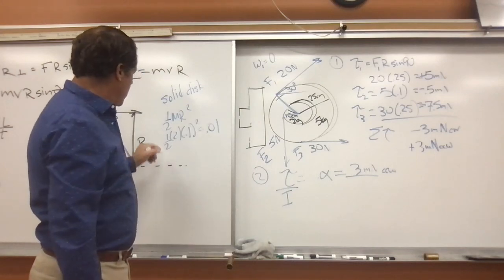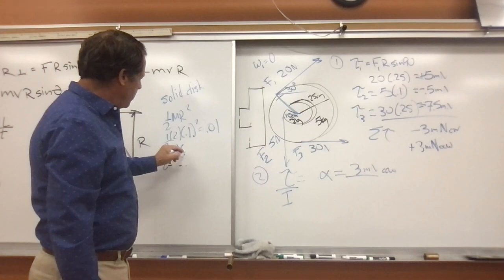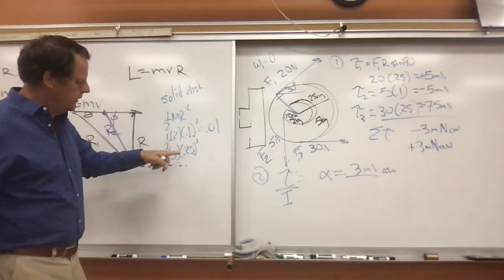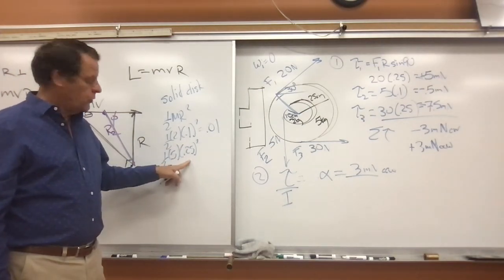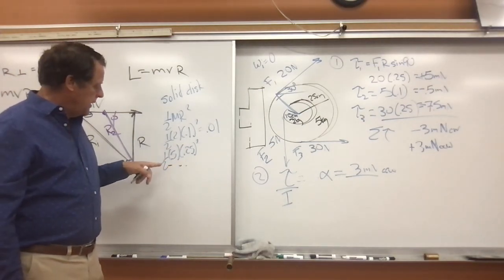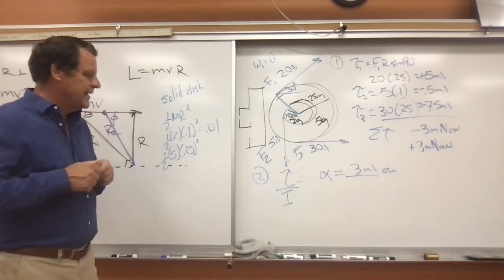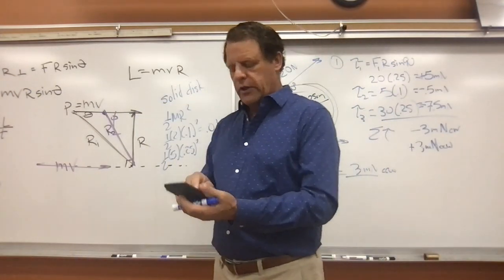And then our second one is going to be 1/2 times 5 times 0.25 squared. So 1/4 squared is 1/16, and half of 1/16 is 1/32, and so we're going to say 5 divided by 32,